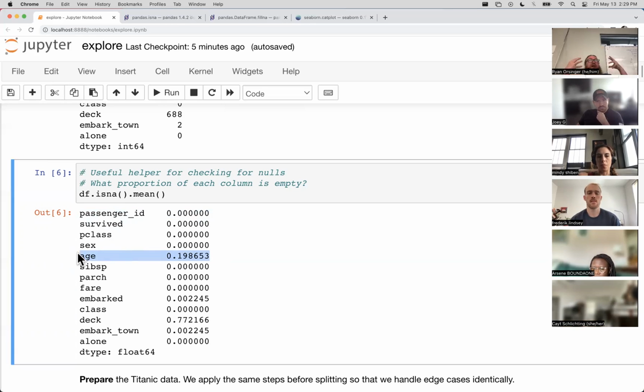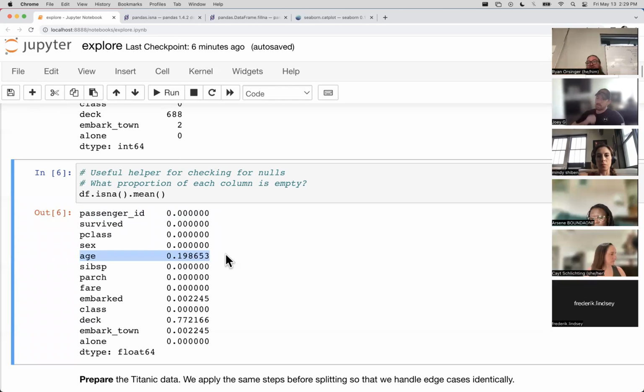Or if you had any, I'm adding some layers to my answer here, I hope that's okay. If you had any information about the domain, like, I don't know where we would find this information, but if for some reason we read somewhere that on the Titanic, if somebody was under 5, they didn't write down the age, then we could just plug in 5 here, if we had that domain knowledge.